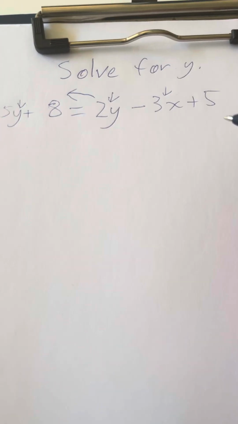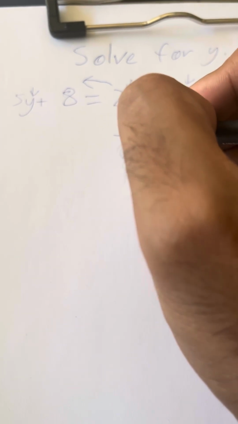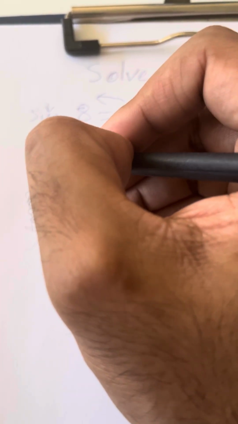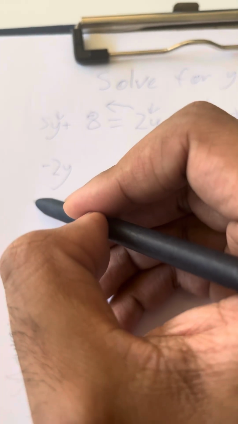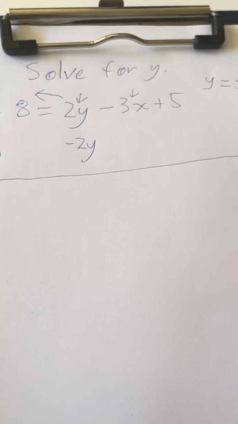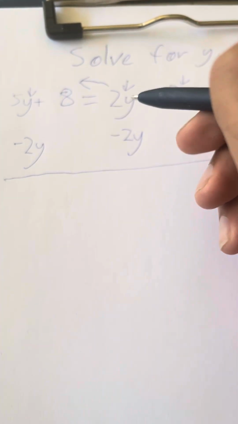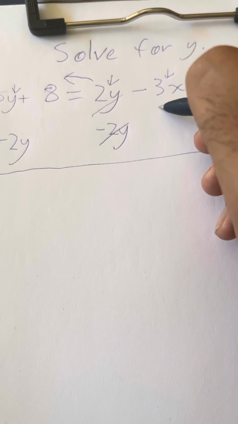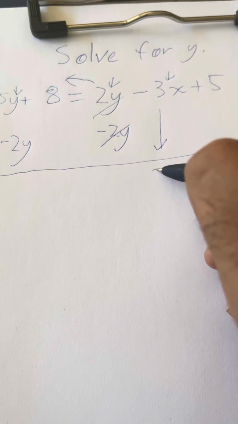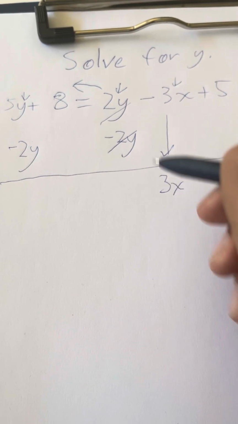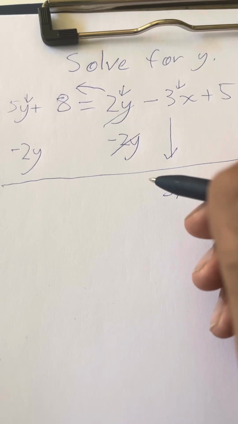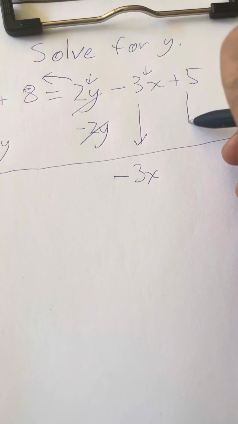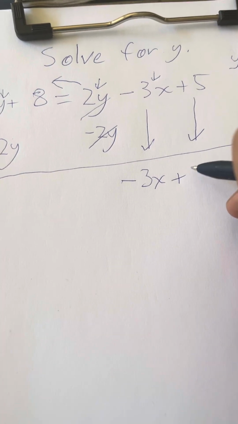So what I will do is first subtract 2y, so minus 2y from this side. If I do it to that side of the equation, I've got to do it to the other side, minus 2y. Okay, and now I'm going to draw a line underneath, and let's move on to the next step. First things first, 2y minus 2y cancels. I need to bring this down. So let's bring down 3x, but it's a minus 3x. Right? 2y minus 3x, that negative sign is a minus sign, and it also needs to come down. I see a lot of students missing that. Now we've got plus 5, this also needs to come down. Okay? So plus 5